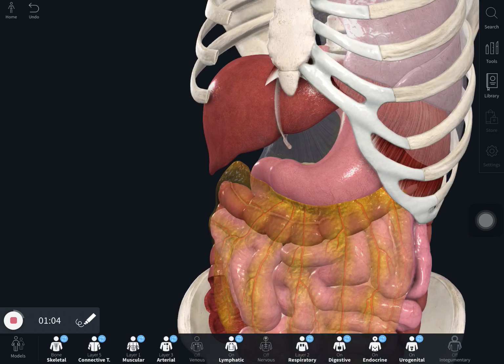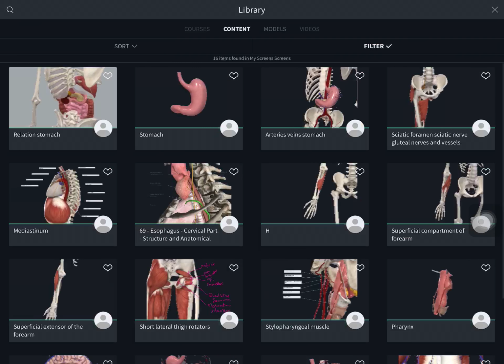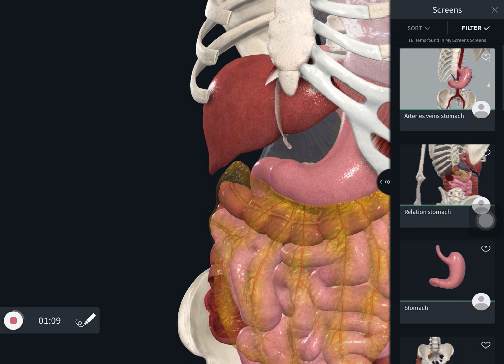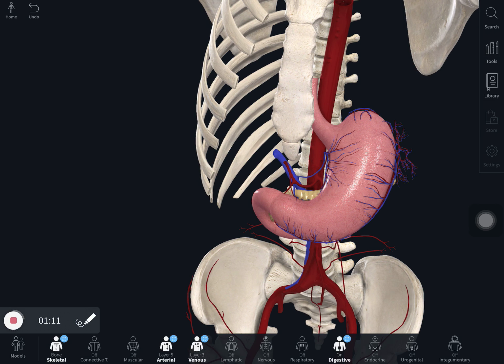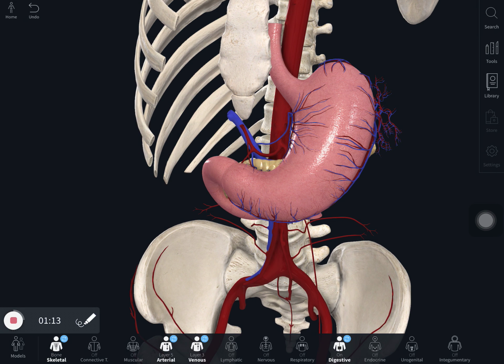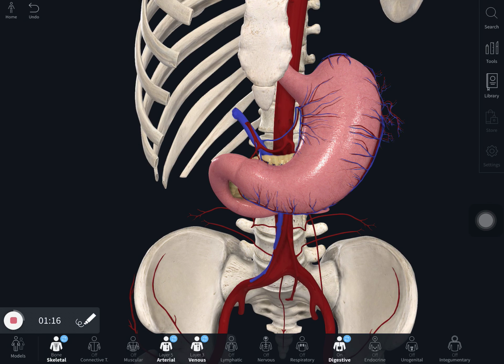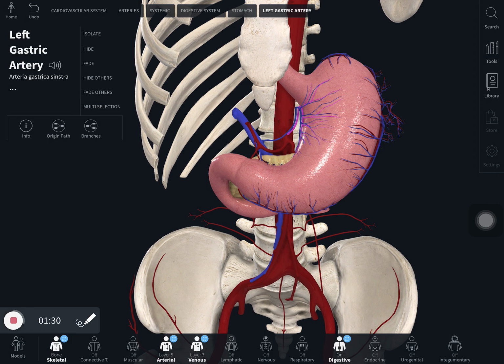Now, to the blood supply. Everything that is superior, we call it left, while the inferior arteries or veins are called the right. So, first, we've got the left gastric artery, which is a branch from the celiac trunk from the aorta,